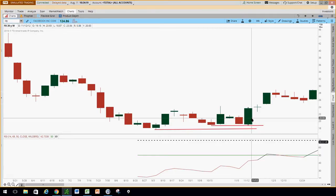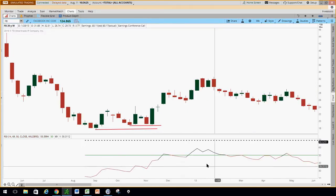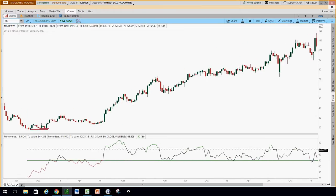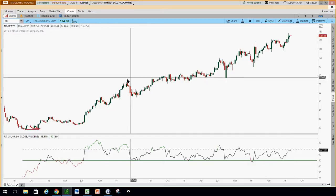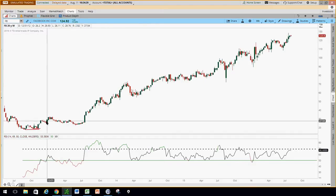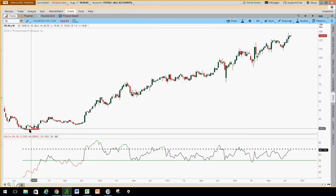A lot of people say, man, I wish I had got Facebook when it was at 20 bucks. Not too many people would have imagined that that was the bottom for Facebook. And if we look at Facebook now, we are all the way up to 120 bucks right now. So being able to get in down here and just being patient, because when it did all this, it was all scary moments. But the thing is, know where your point of no return is. So if we go back to Alibaba real quickly,